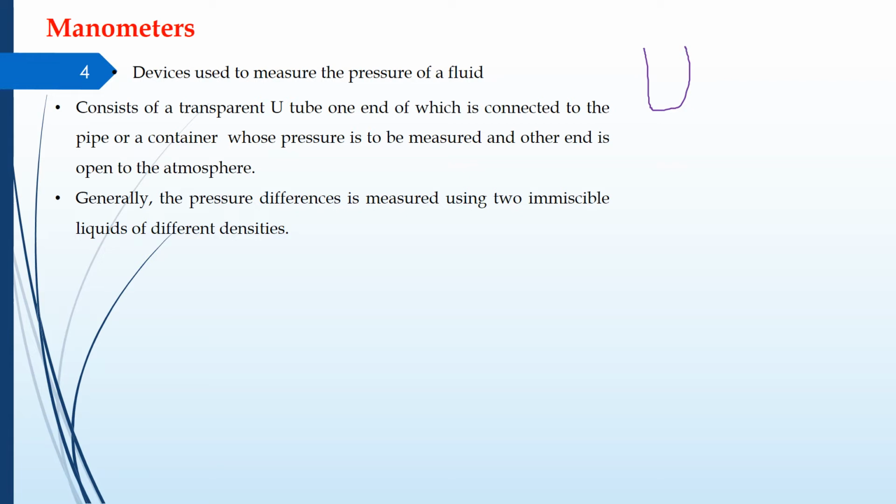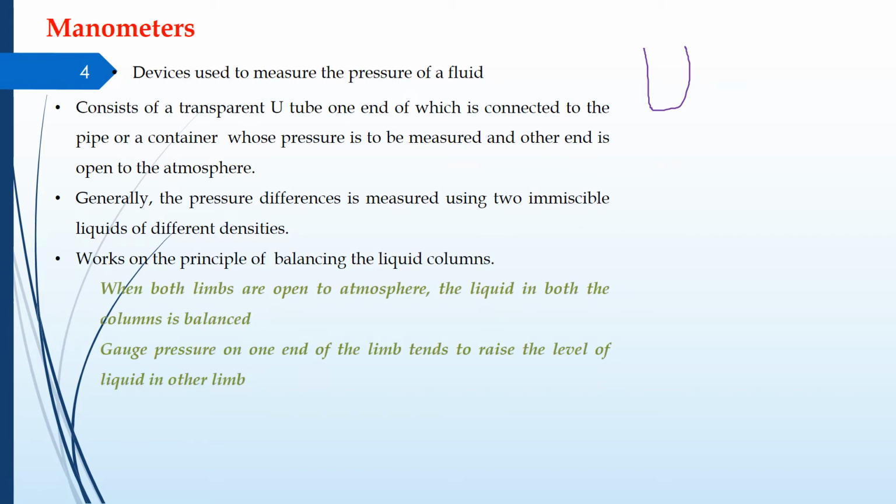So generally the pressure difference is measured using two immiscible liquids of different densities. Basically we use two different types of liquids which are immiscible and have different densities. These two liquids are used to measure the pressure difference, and it works on the balancing of the liquid column. So if we have a U-tube likewise this, we will try to balance the liquid columns